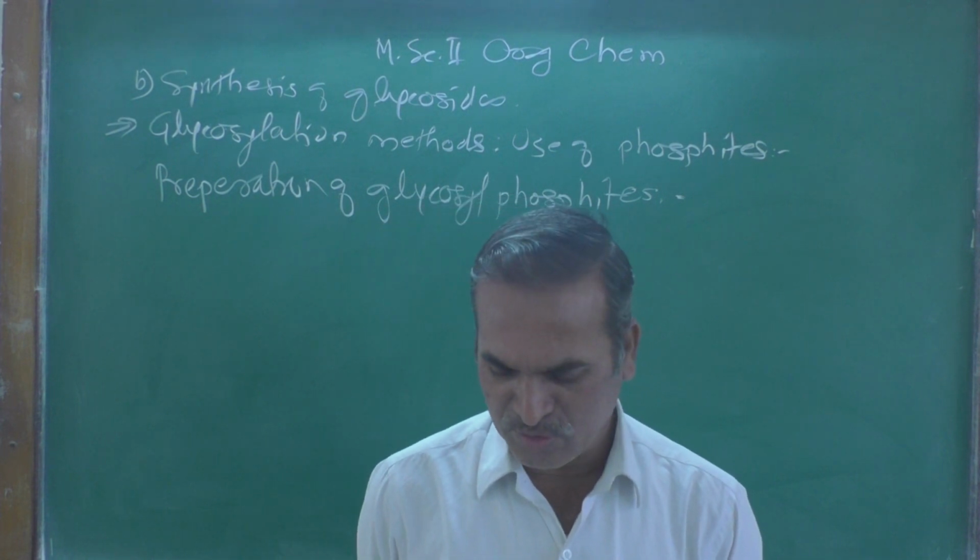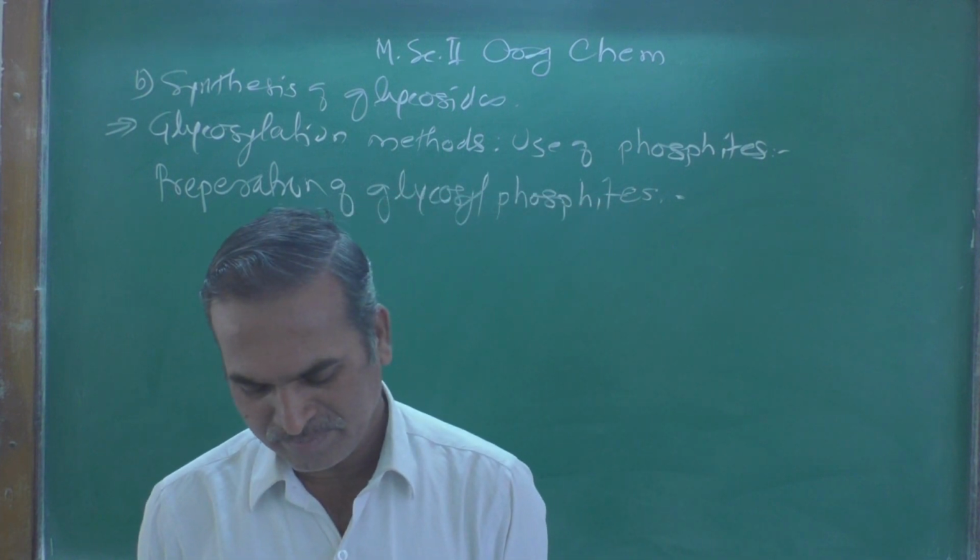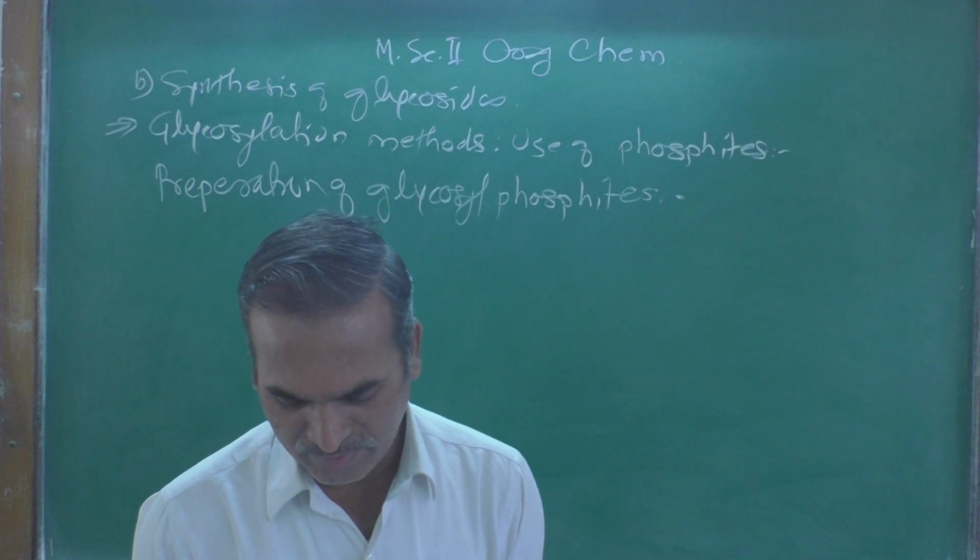Bicyclic glycosyl phosphites such as 4 and 5 can also be prepared